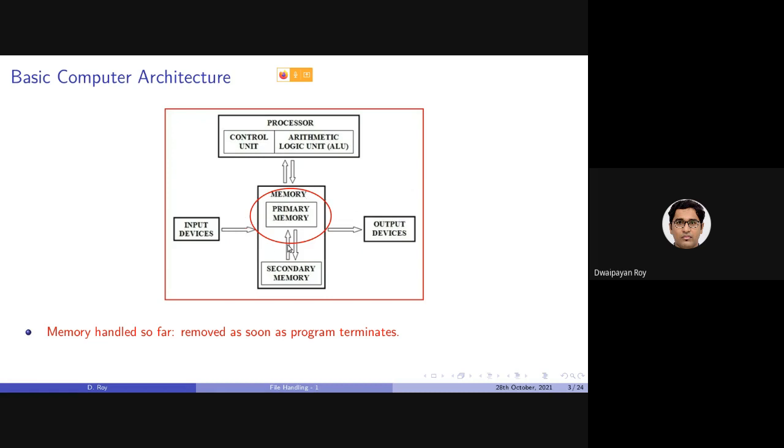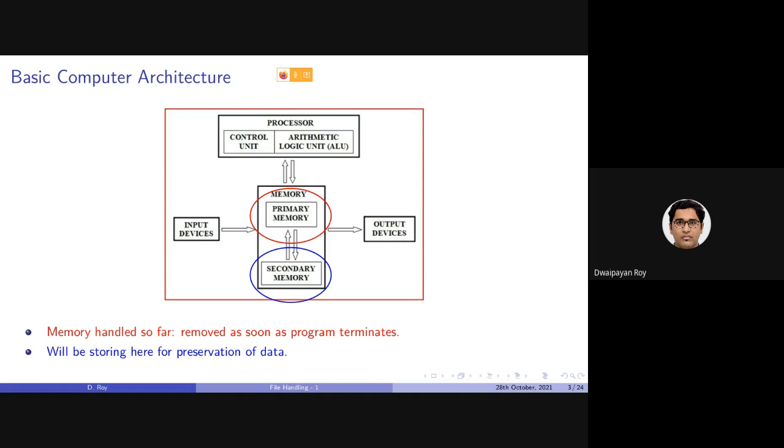The problem is, as I said, the information that is taken from the user while the execution of the code is going on is stored in this primary memory, and as soon as the program terminates, all the information will be removed or will be gone from future access.